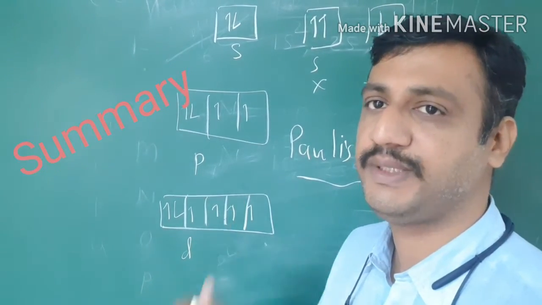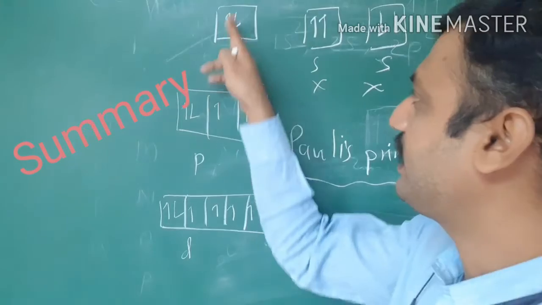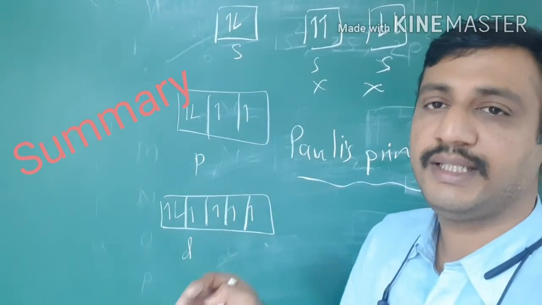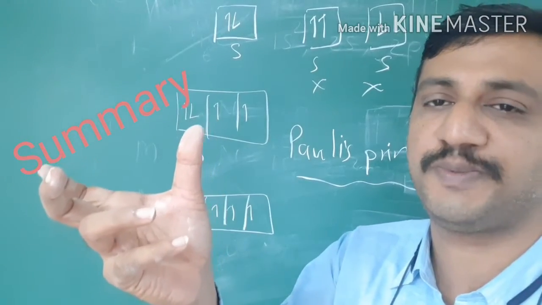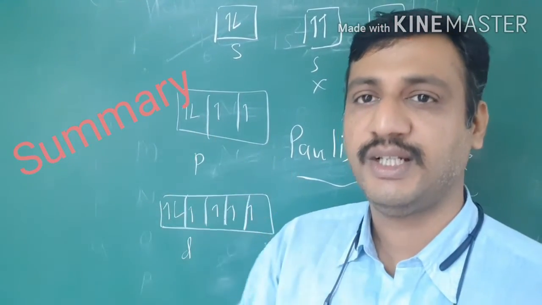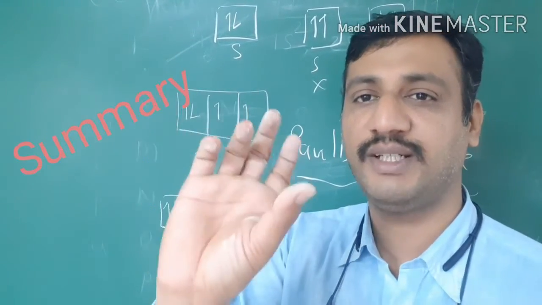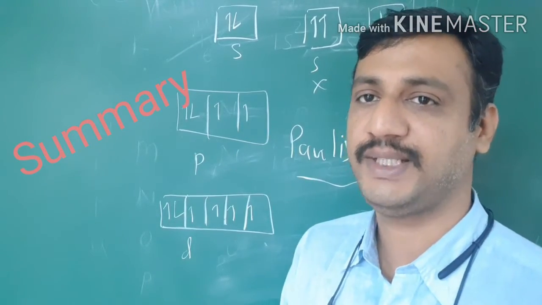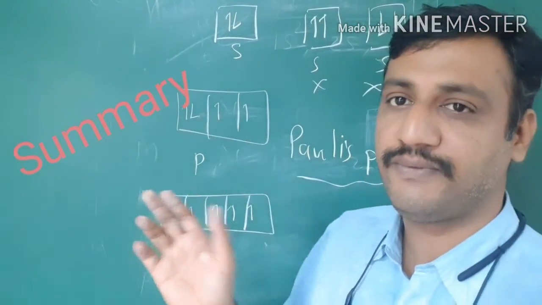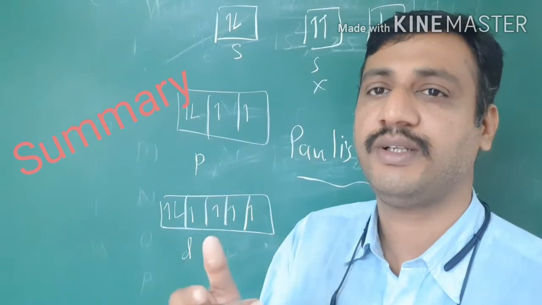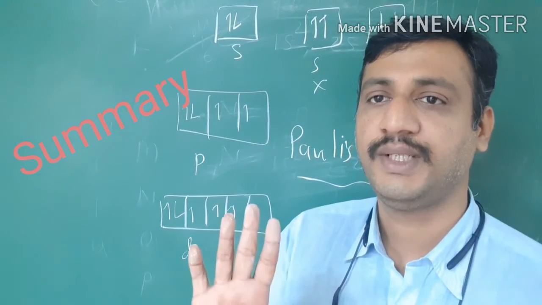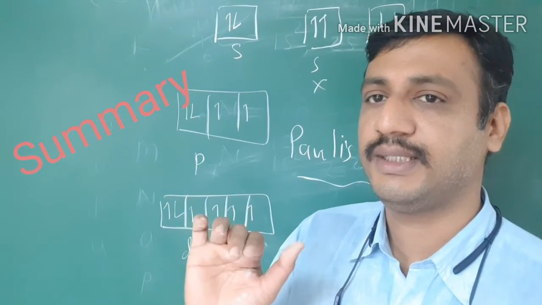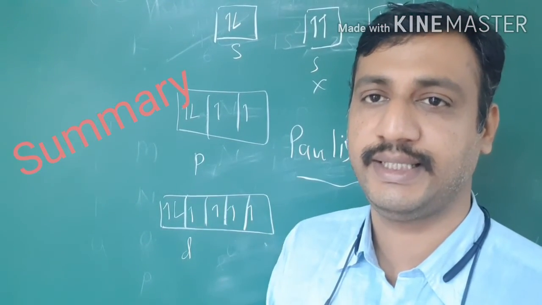And lastly, Pauli's principle: we state that each orbital can accommodate a maximum of 2 electrons, and these 2 electrons are of opposite spin. If one is like the off spin, the other electron of that orbital should be like the leg spin, isn't it? So the magnetic fields created by the electrons will get compensated. So these are the rules we stated, isn't it?